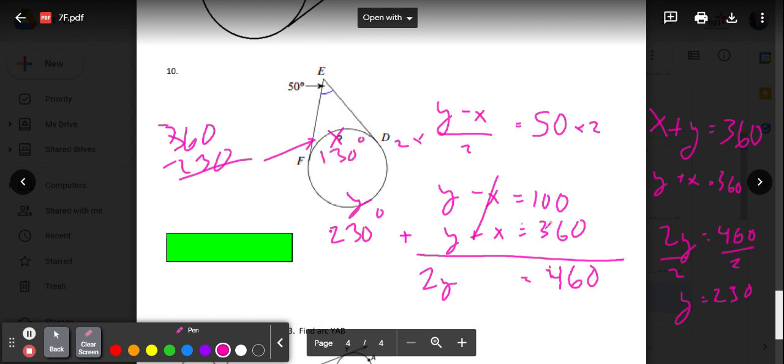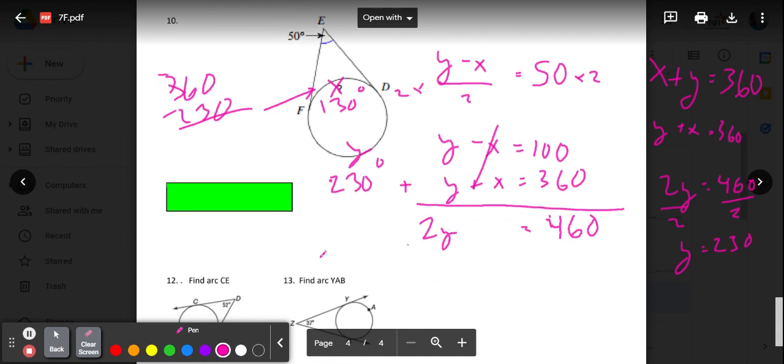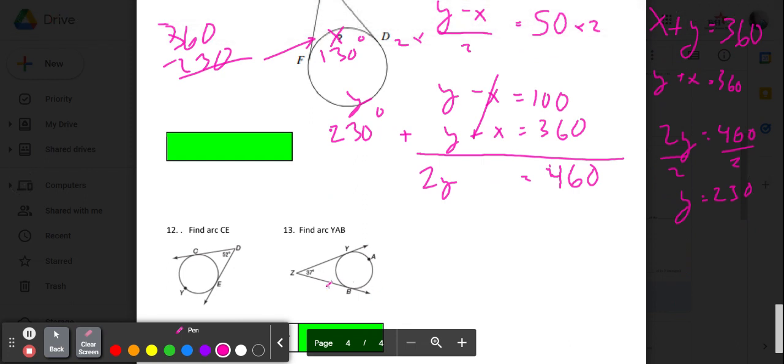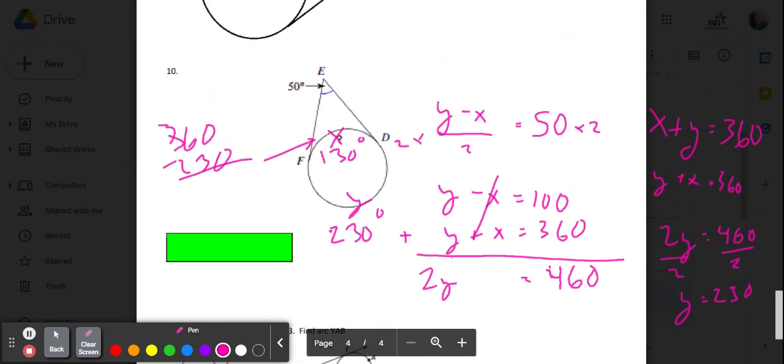Okay, so the system of equations is sort of how you set it up. So you could sort of use this for the bottom two problems here on 7F, and also for the discussion question